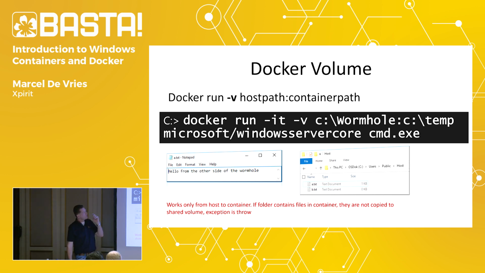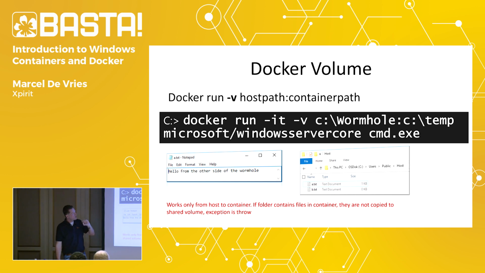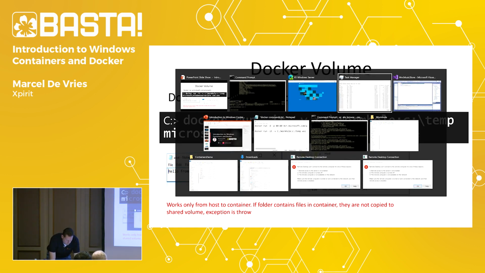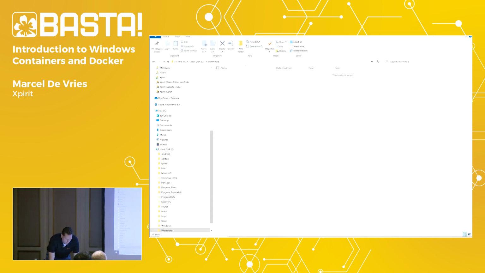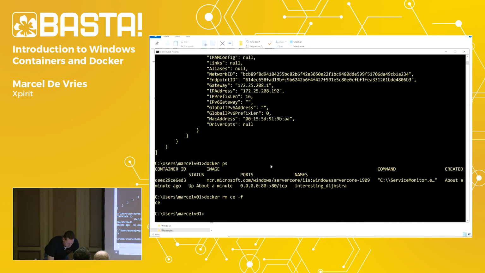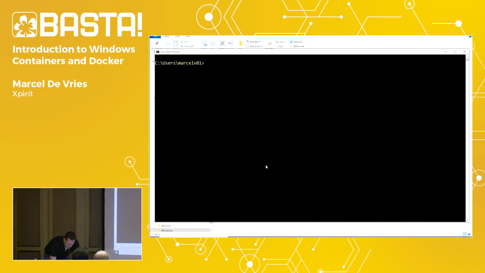Now what's interesting here is that I am creating this folder on my drive, and let me show you the folder on my drive over here. And I called it, very beautifully, the wormhole. Okay? The wormhole is where we can store data and pull data from, and that's the way we can communicate using files. Now what I could do is then say, okay, great, let's do a docker run